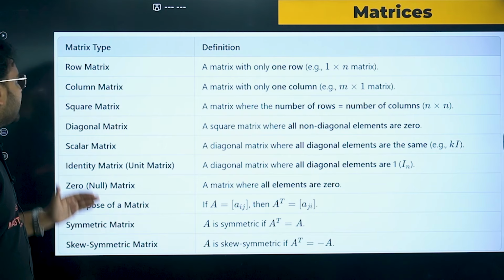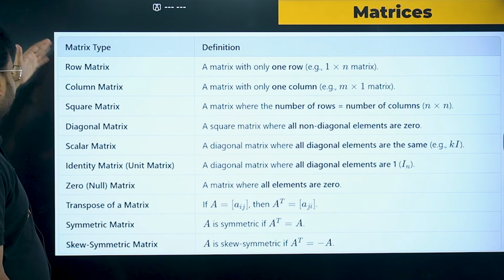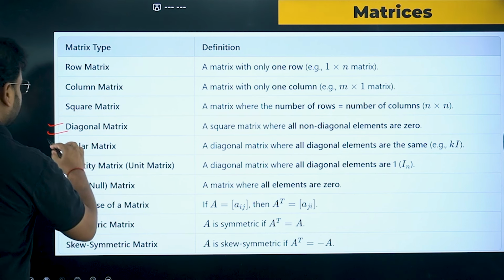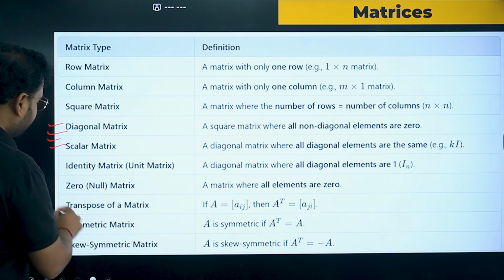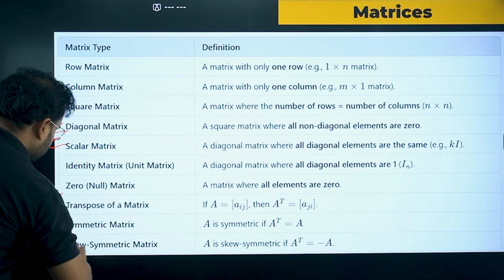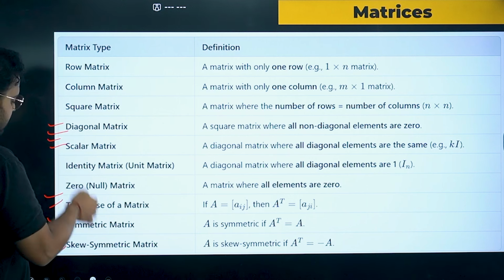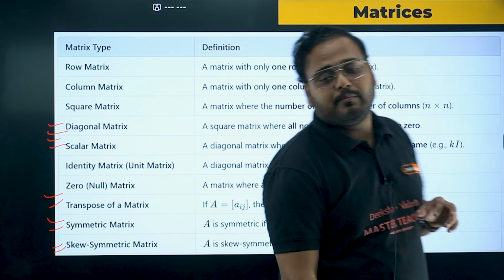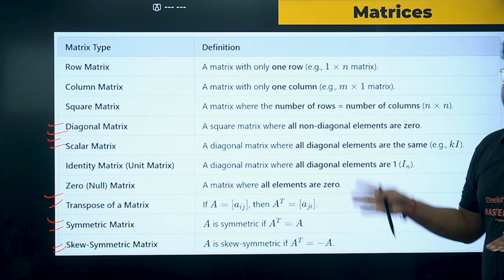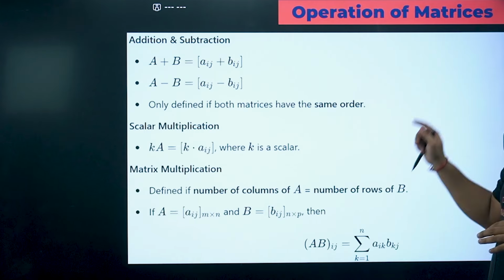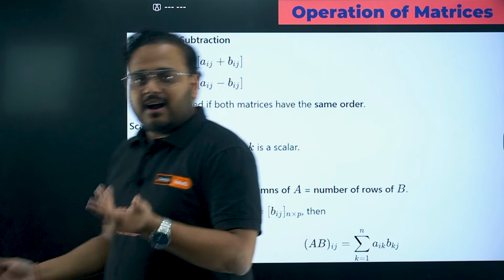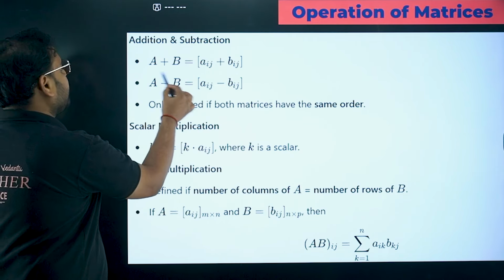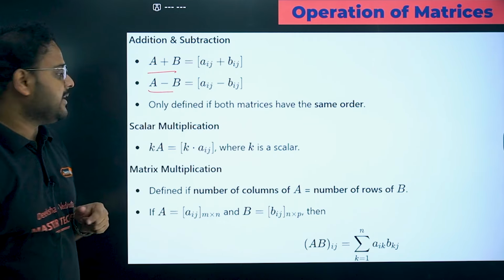Now the matrices chapter. All definitions are important, whether it is row matrix, column matrix, square matrix, or diagonal matrix. One of the most important ones is these two. Then we have transpose, symmetric, skew symmetric. Most of the questions come from these 5 marked definitions. So please make sure that you know it very well and revise it very well. After this, on the operation side, addition of course is the simplest one, but questions are asked on this in the 2 marker category, so you have to know these properties.